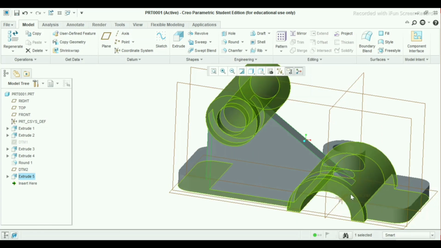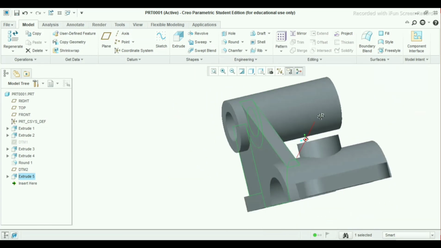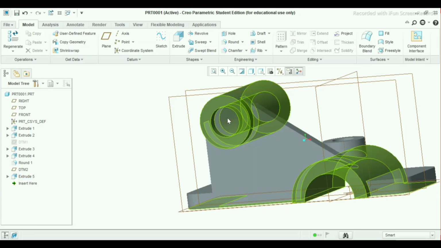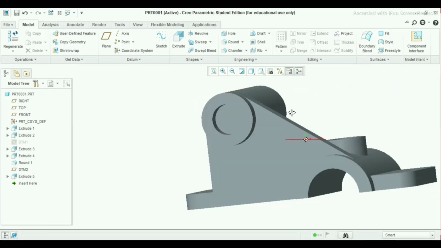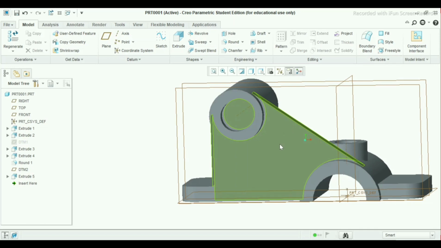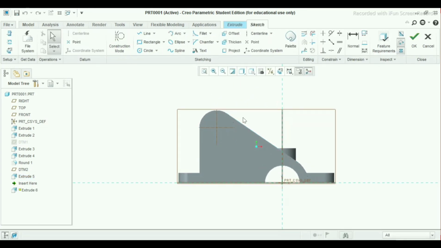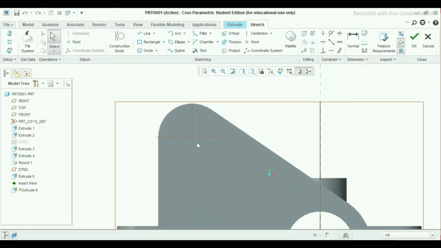Now our sketch has been done here. Delete this extra material. So I will choose this surface, extrude. Now I will show you how to cut this.